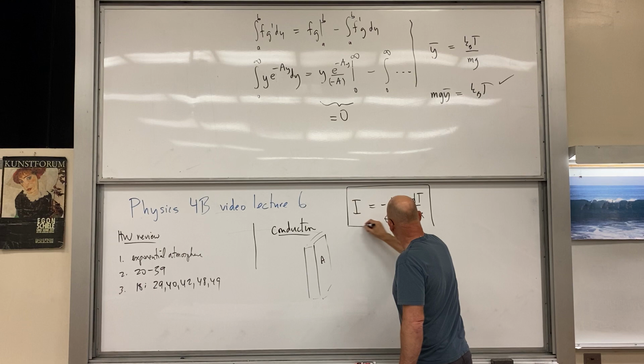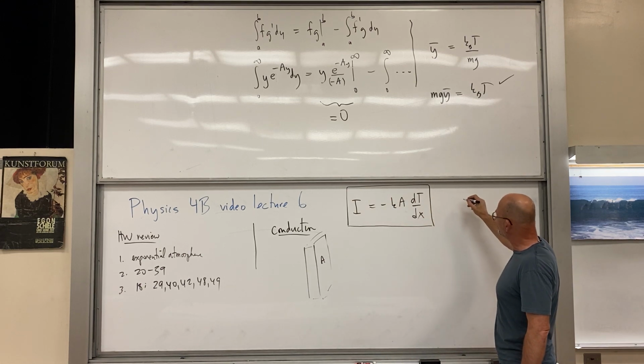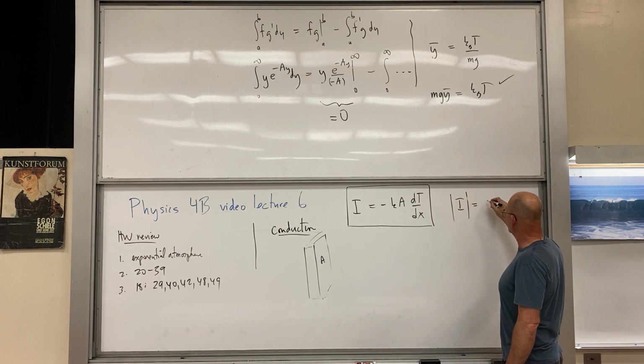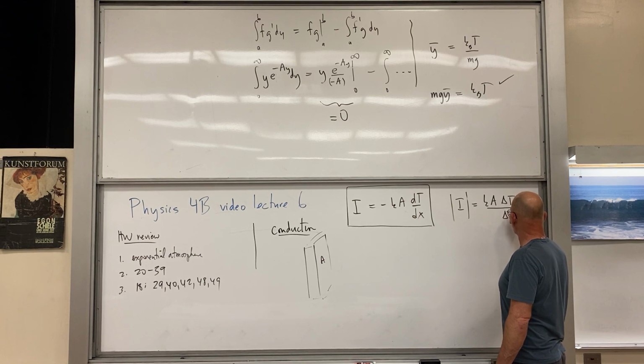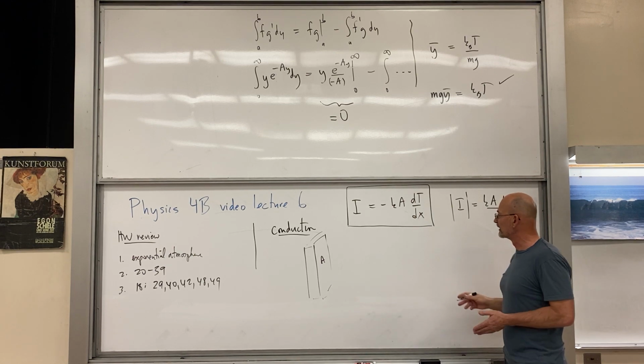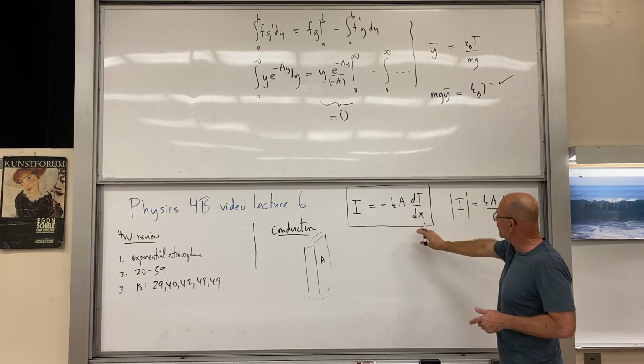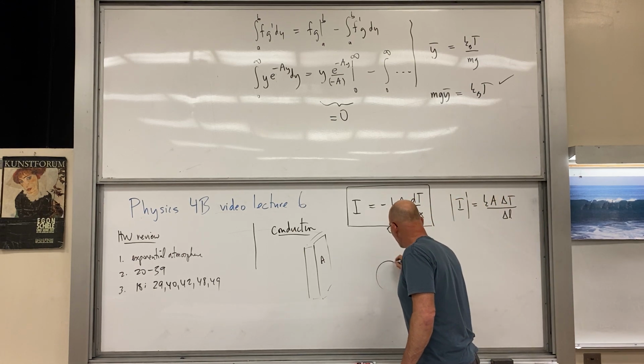And you'll often run into the same type of formula where they just want to give you the magnitude, and then you'll say kA delta T over, say, delta L, where that's a thickness. Okay. But we're going to use this one, and here we're using it in a sphere